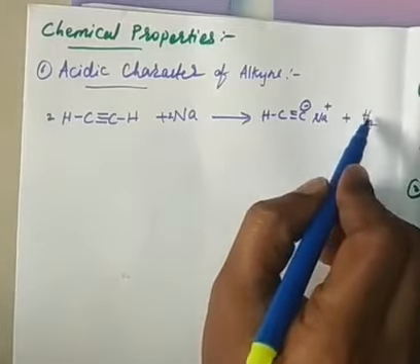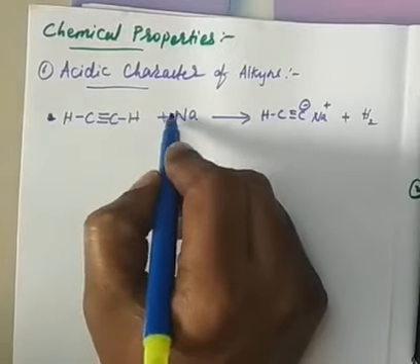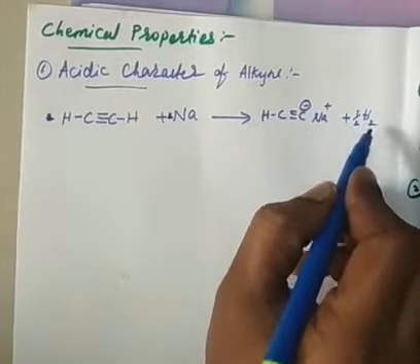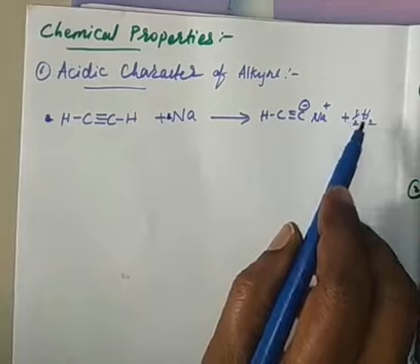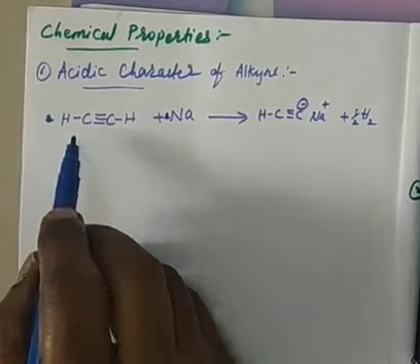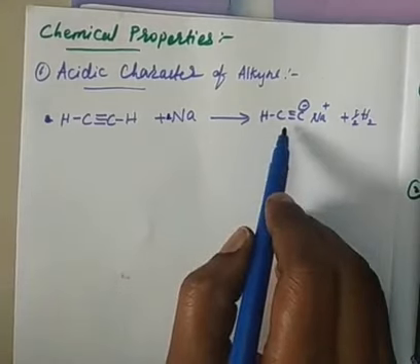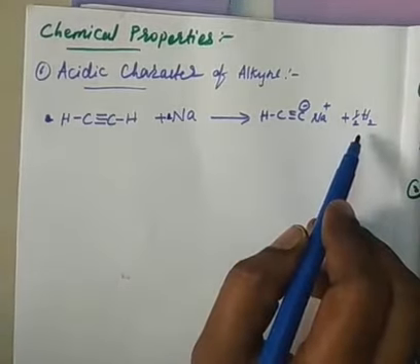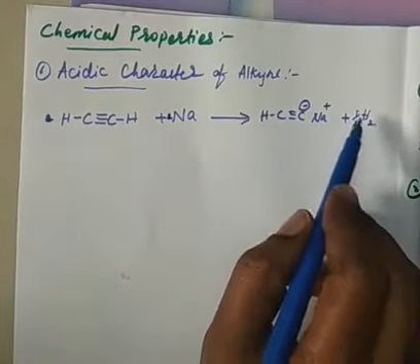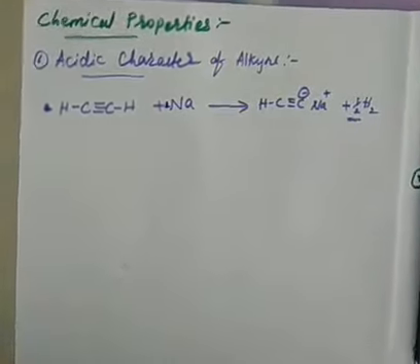But I cannot write 1 H. I will say half H. If it is 1 molecule, then you will end up with half a molecule of hydrogen gas. Half molecule means what? It is not H. You should understand that. For example, if you take 100 molecules of acetylene and 100 atoms of sodium, you will get 100 of this but only 50 of this, because 1 H and 1 H combine. Therefore, only 50 molecules will be found. That is the meaning of this notation or stoichiometry writing.